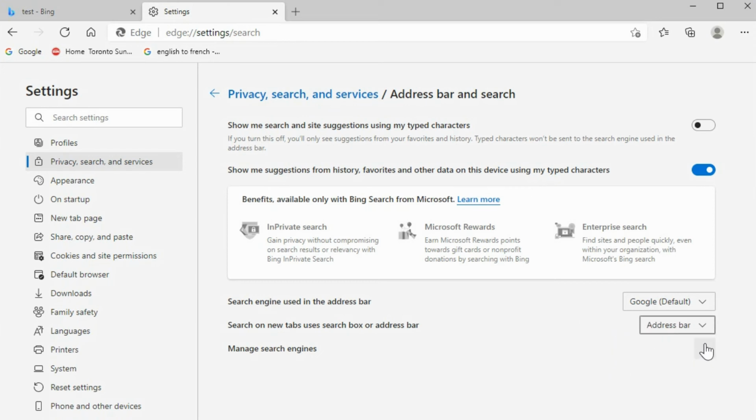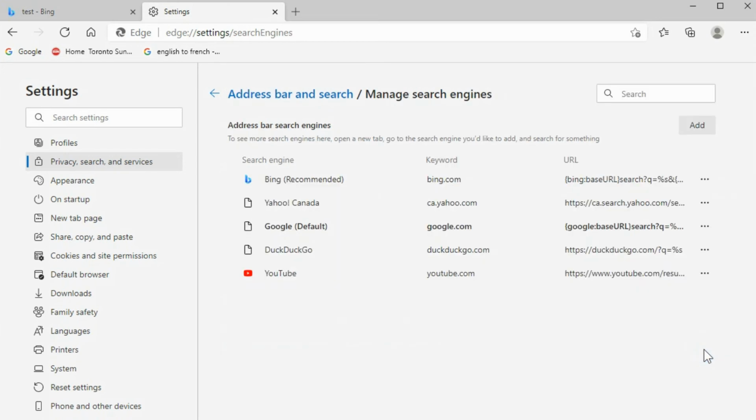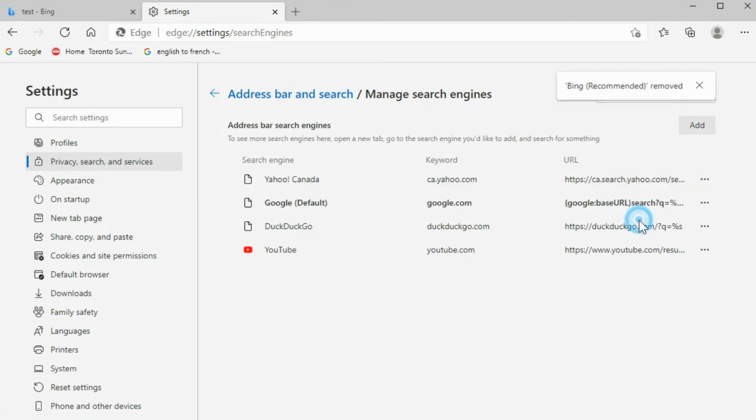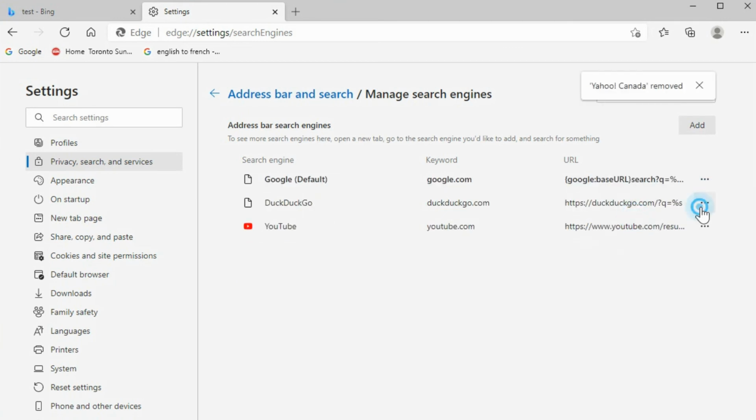We can use the address bar, and then managing the search engines, you can see all the different ones that are in here. We got google.com as the default. Now maybe you want to get rid of these others, so when you click on the three dots beside them, you can make one of them a default, edit them, or remove them. So you can get rid of everything else that you do not want.